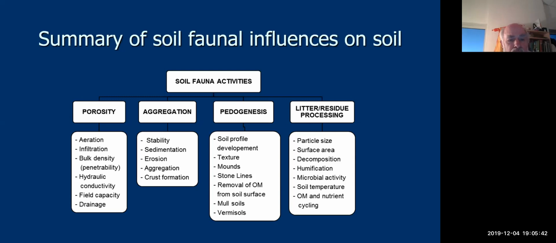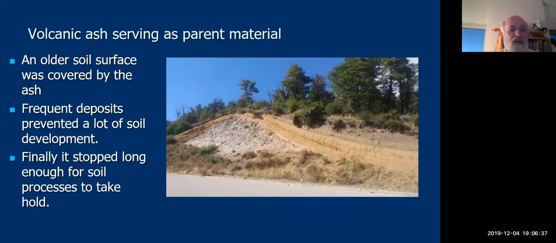Aggregation, we went through that pretty thoroughly. Crust formation is something that happens when aggregation breaks down. And this can be even from heavy rainfall impact. Some aggregates are stable when they get wet, others are not. Pedogenesis, that's what we've been going through today. All of these different things that animals in the soil do. And you've got removal of organic matter from the soil surface. You can have transport from one level of the soil to another vertically. And then litter and residue processing, of course, this is the big thing that they do, changing particle size, decomposition rate, microbial activity, and all of these things we already spent a lot of time on, just putting it into this whole question of how soils change. So now,